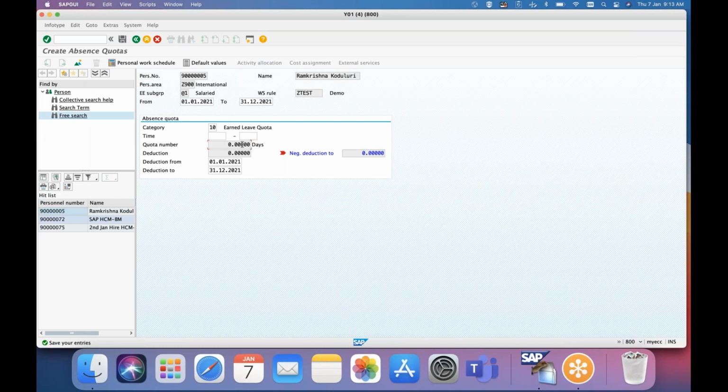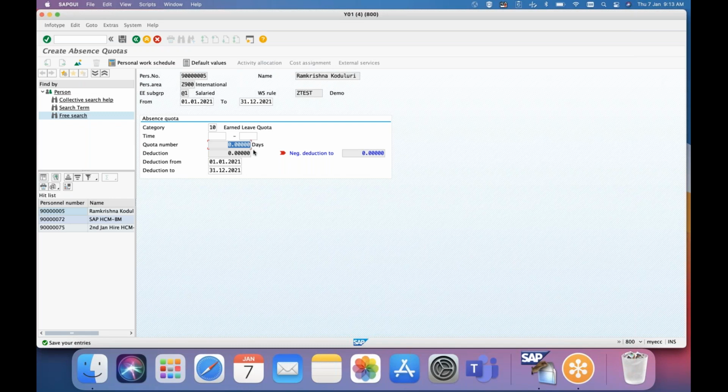So you can see here now this field is grayed out. We can't maintain it, meaning the user can't change anything manually in the quota. If you run the time evaluation, based on the logic you write in it, that will update this number. The user cannot update it.